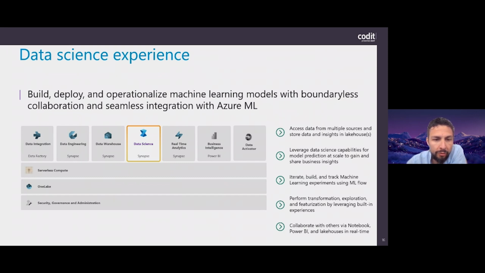Again, everything can also be integrated into your notebooks and your integration pipelines. For example, if some data is coming in, you do your data cleaning, you do your data model prediction, and you store the data again in there, all very easily from within the same experience.